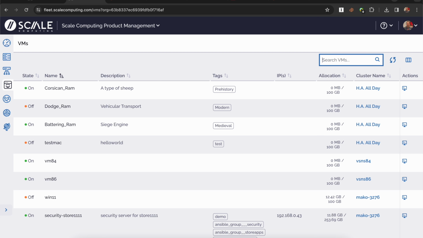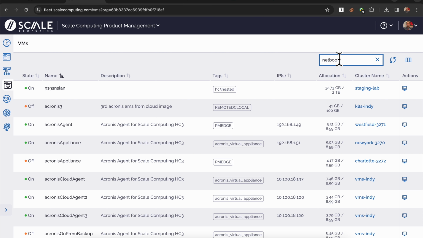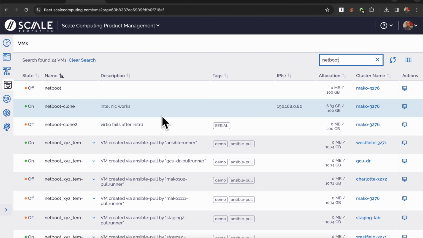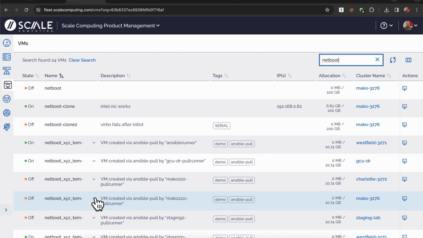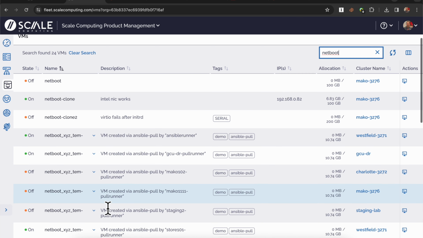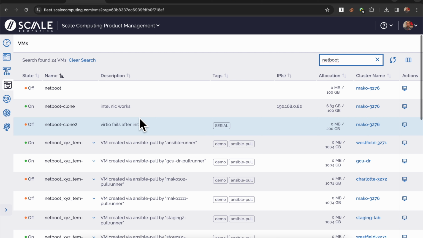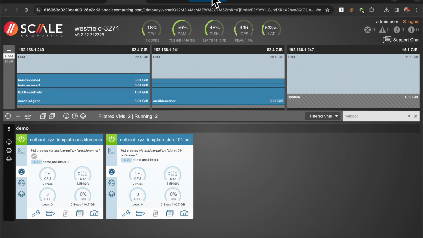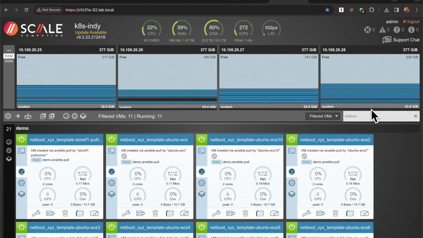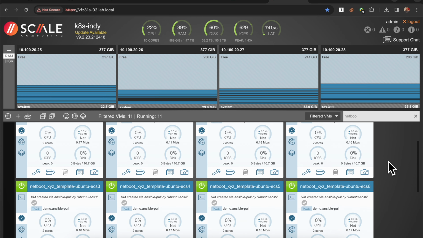I know I have some other netboot VMs that are not being managed here. But here we can see the bunch that are configured by the pull runner and have turned on. Some of them are probably still just in the process of updating and or reporting back. But we can see we've started to start those virtual machines across our fleet. And actually, if we look here, yeah, in this case, a whole bunch of them